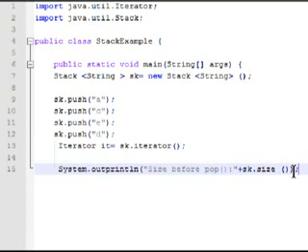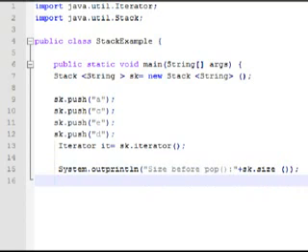We're gonna close it by using a semicolon, and after that